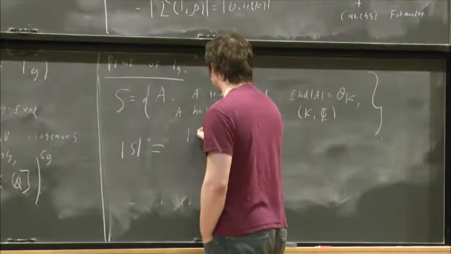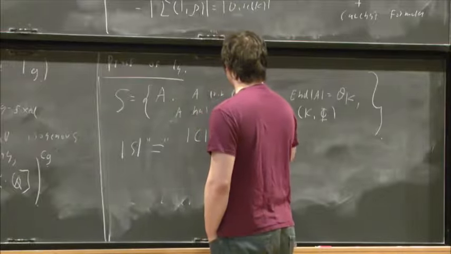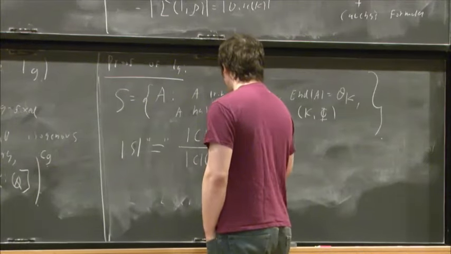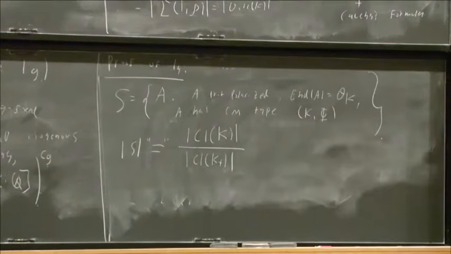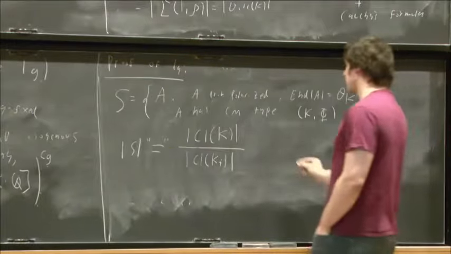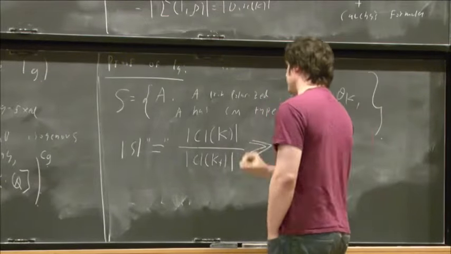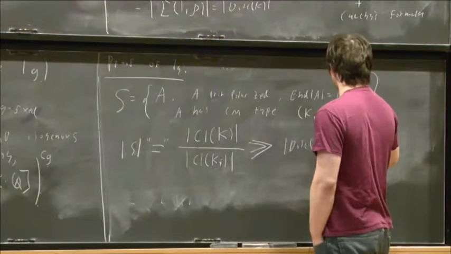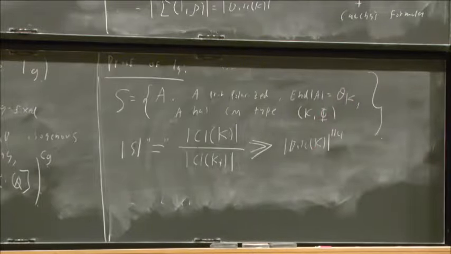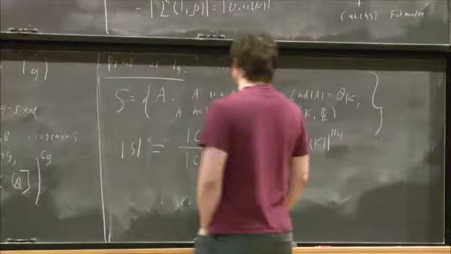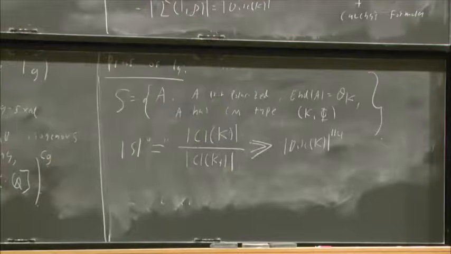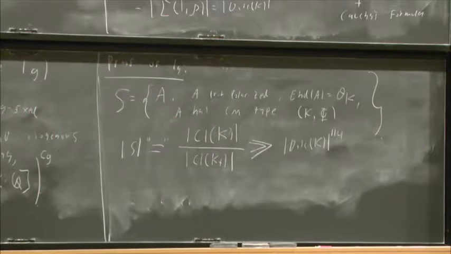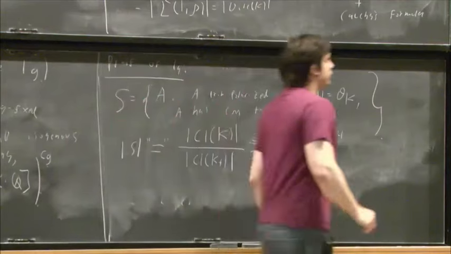But the size of this is the size of the class group of K divided by the size of the class group of the totally real subfield of K. And again, using Brauer-Siegel, that happens everywhere. This is at least of size discriminant to the 1/4. Okay, so regardless of what's what, if you give me a CM type, then I can give you lots of abelian varieties that are principally polarized of that CM type. Sort of, they exist without much fuss. Okay, and let me move over here.